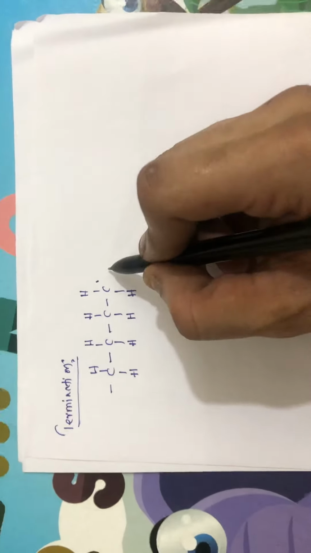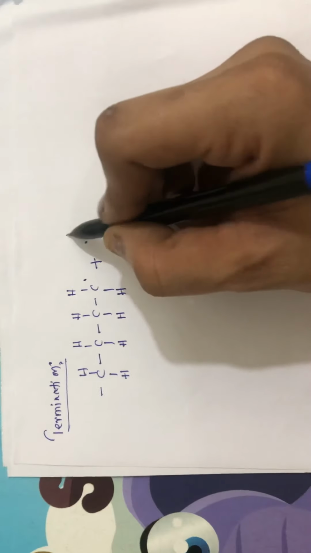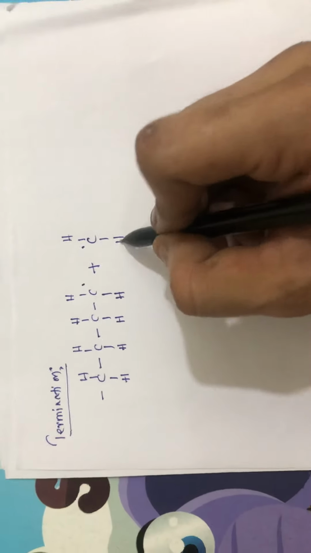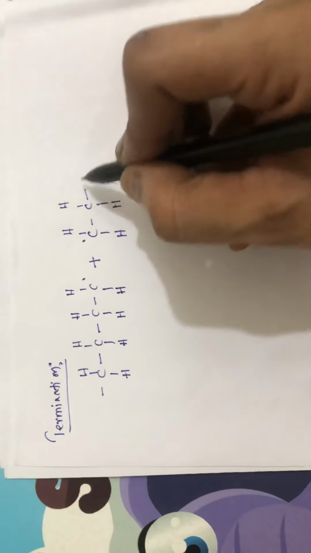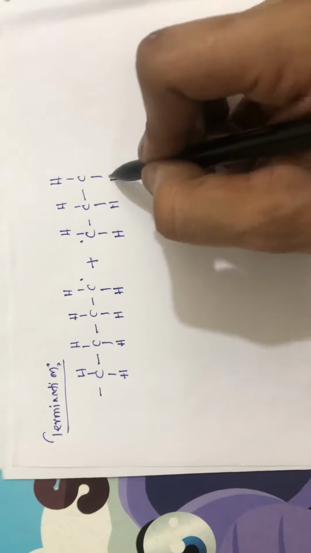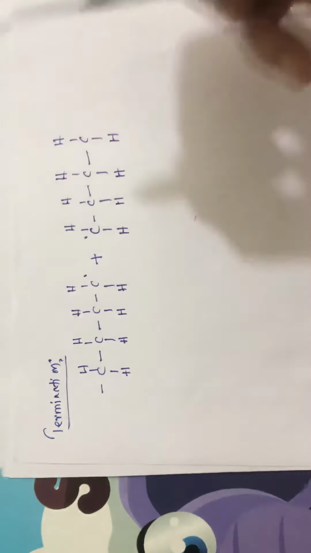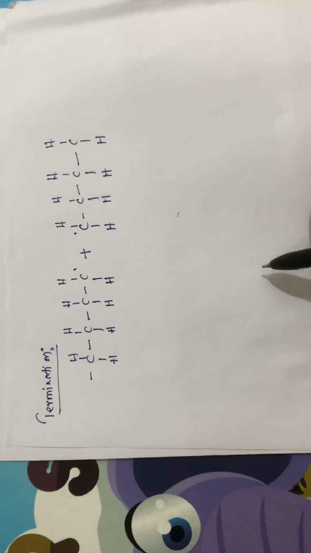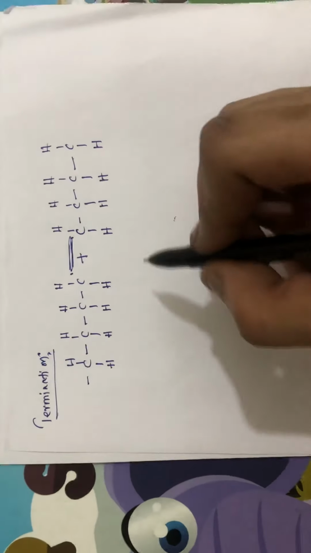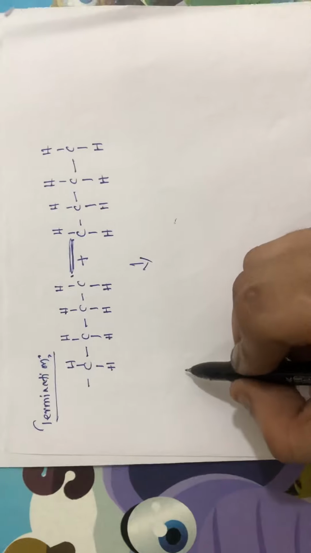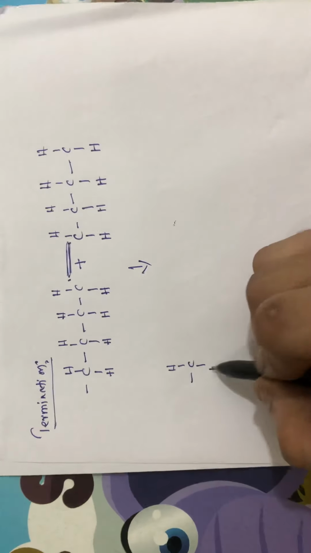Now this will interact with another chain, CH2 CH2 CH2 CH2, right? Now these two will form a bond, resulting in a long chain polymer, CH2